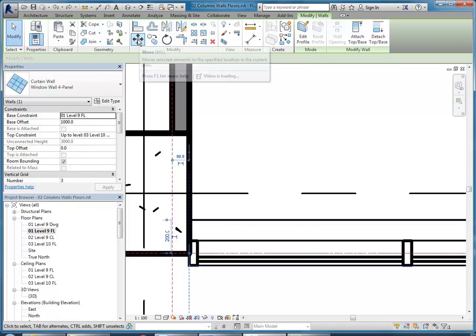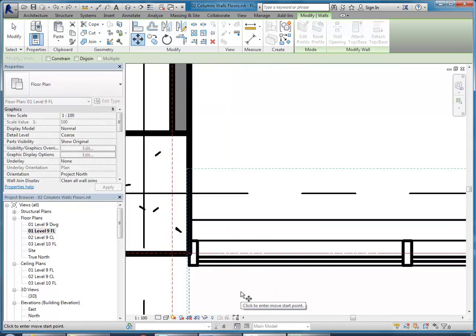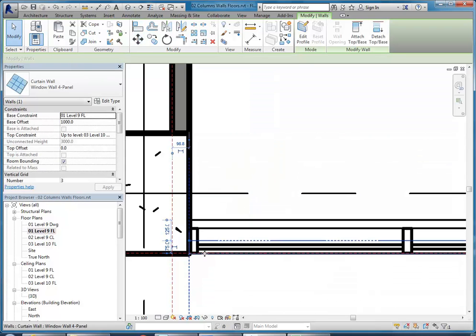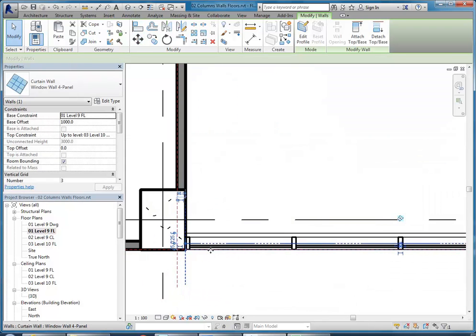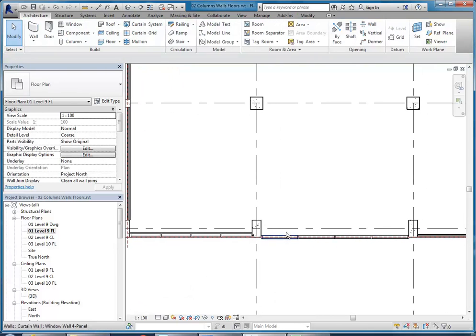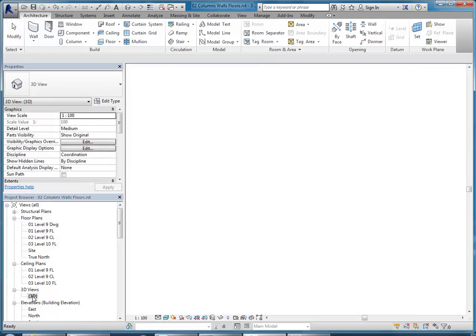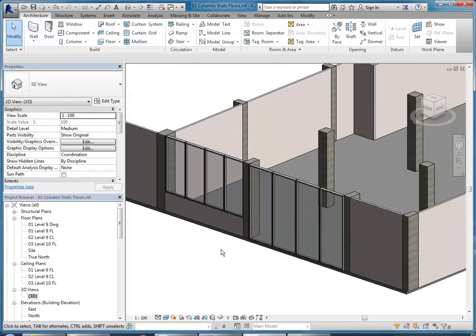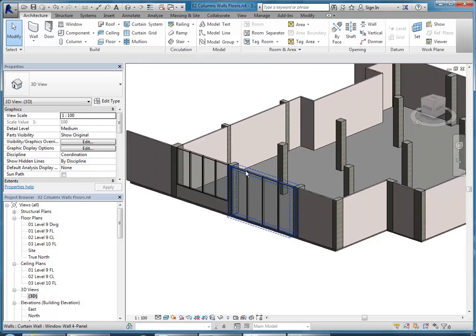So I can just use the move tool and then click a base point, bring it up and type in what's going to be 100mm. We'll just keep it centered for now. Or in fact, no, we'll make it 75mm, so it's flush with the outside edge. Okay, so that seems like a bit of a fiddly process, but what you'll then have to do is,